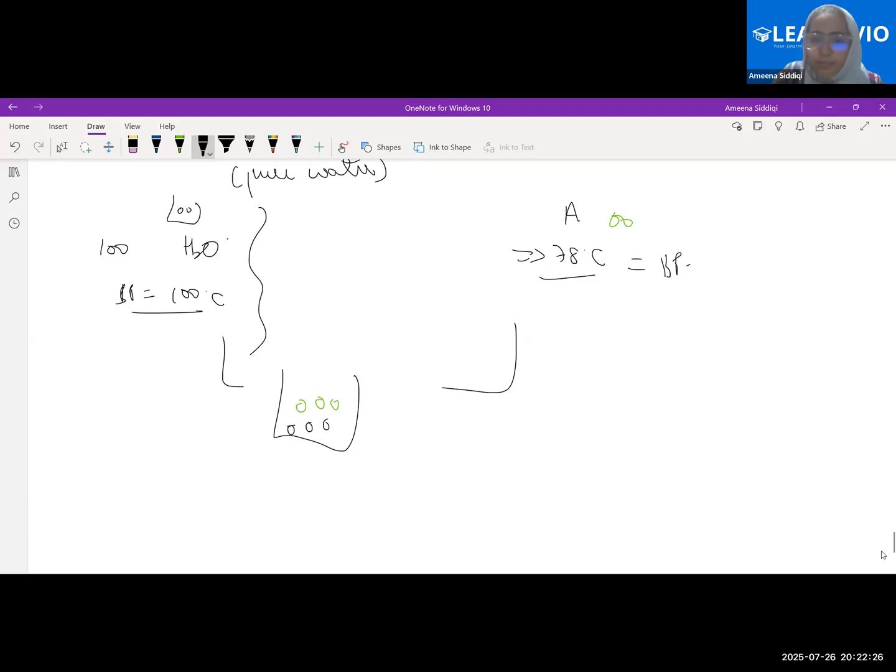See, what happens. Look here. Let's say we have 3 water particles which are pure water. They have their boiling point at 100 degrees Celsius. There we also have 3 particles which have their boiling point at 78 degrees Celsius. So overall, don't you think it will be a mixture of the boiling points of all of them? Yes, ma'am. Therefore, that is the reason if we mix something into the water, the boiling point of water will change. Is it clear? Clearly understood? Yes or no?